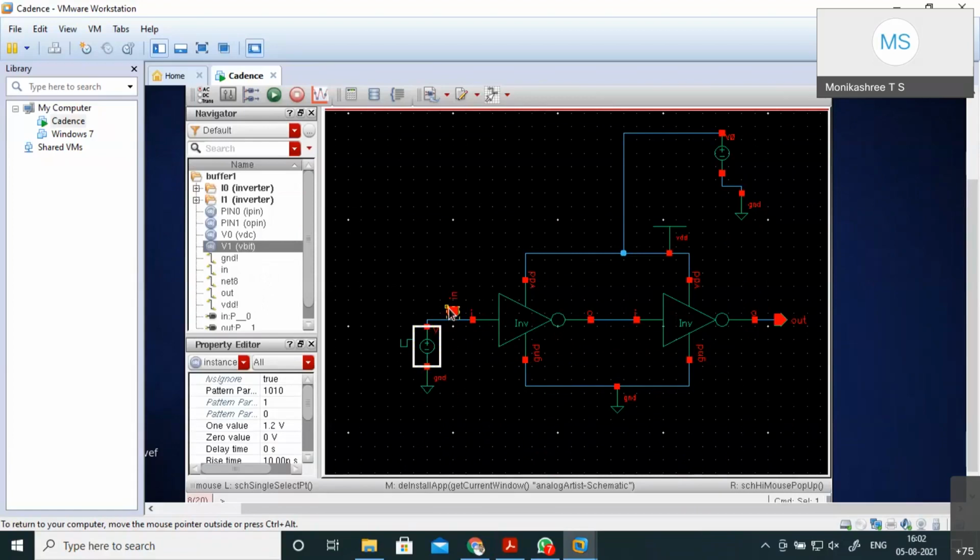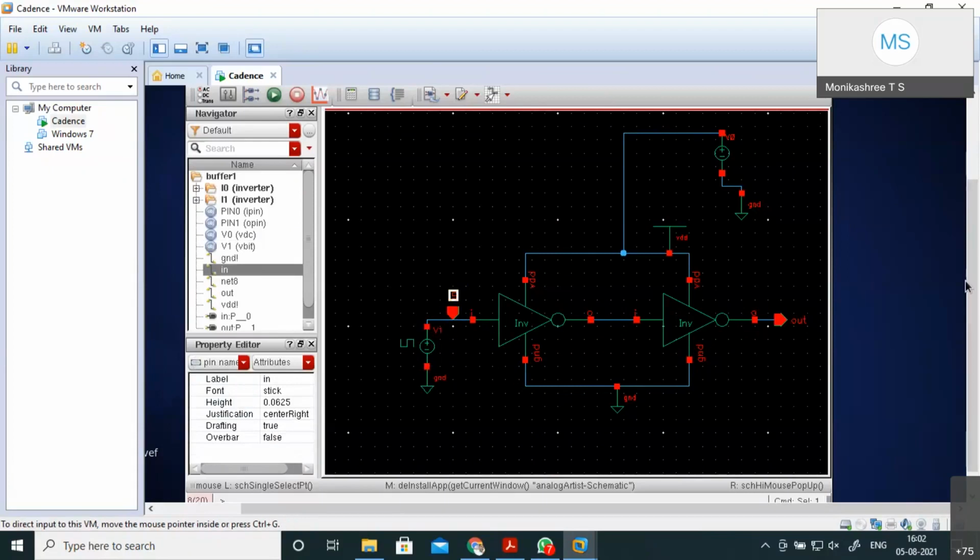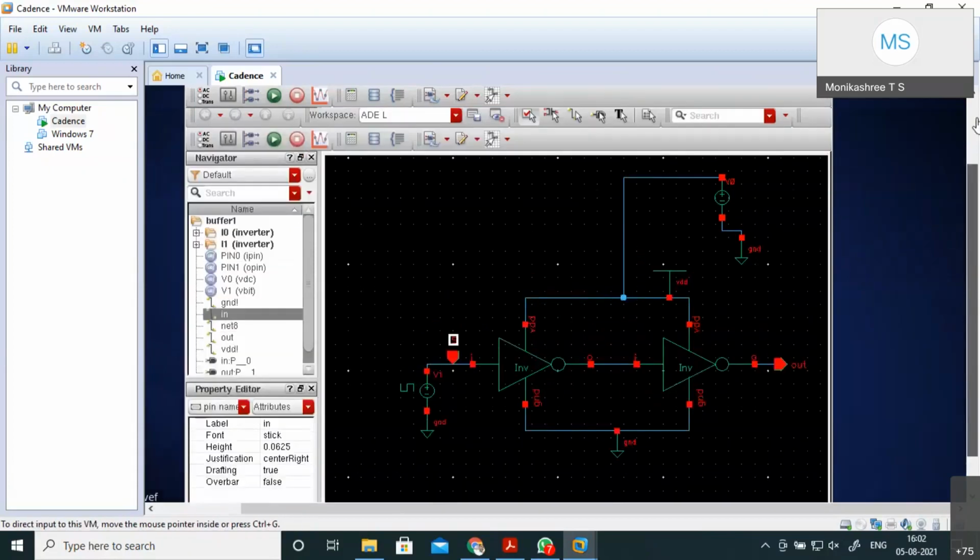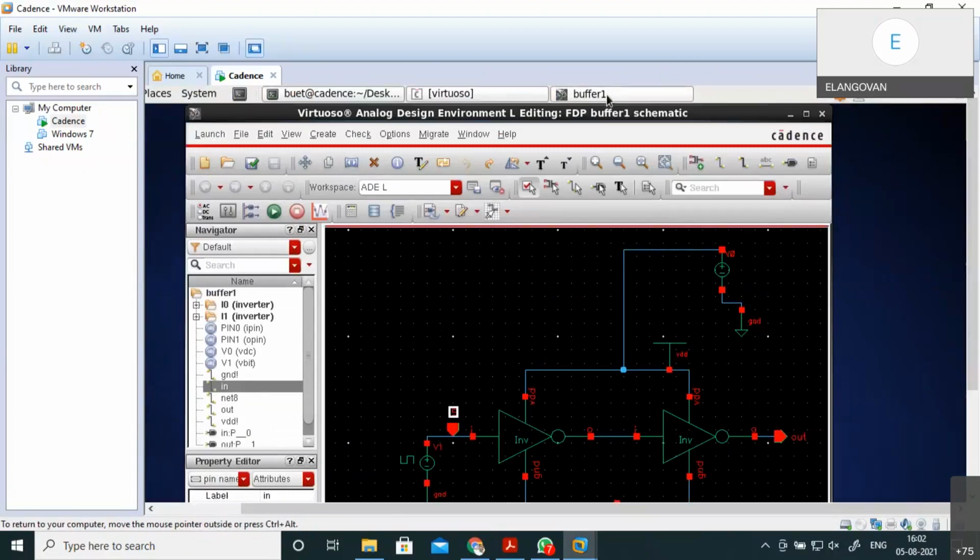It is in. Wire is not looking properly. From here it is looking just floating. But it's connected. No, sir. I think it is correct.